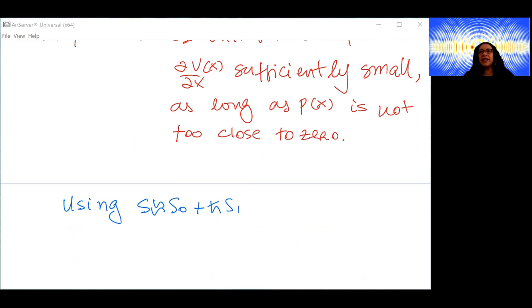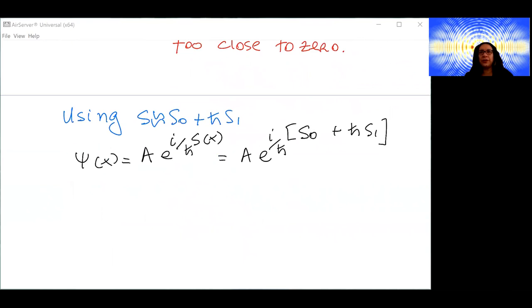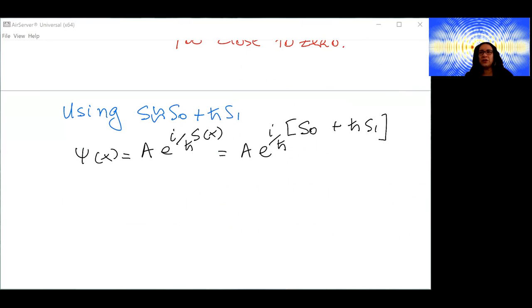And if we use that, we're going to have that our psi(x) is going to be A e^(i/h-bar S(x)), and substituting this is e^(i/h-bar (S0 plus h-bar S1)). So this is going to give me